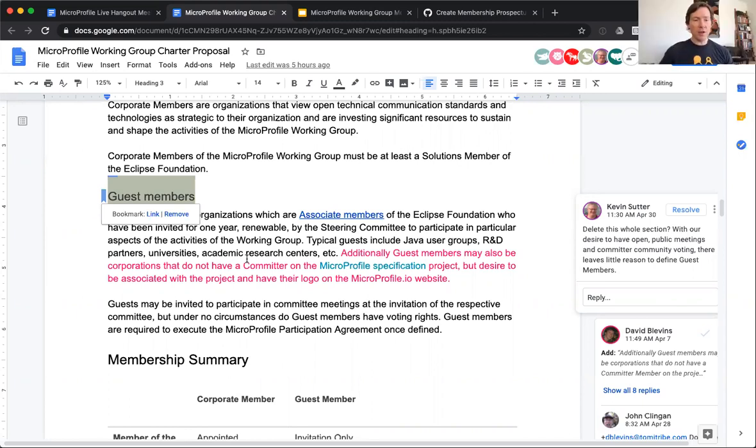Sure. Well, on the Jakarta side, guest members are invited. So that would be the concept here. Like if we wanted to invite somebody because we knew that they wanted to participate, we could just invite them. And